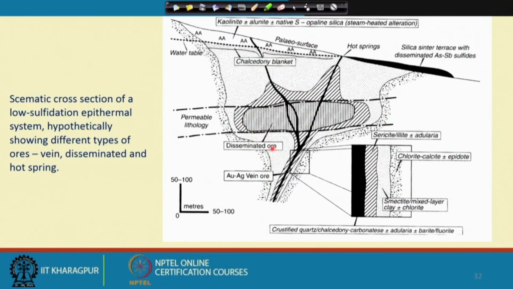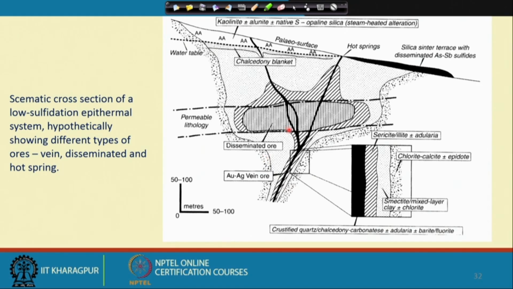Now we will discuss the low sulfidation ones. We finished our discussion on the high sulfidation ones. Let us now see, in a more simplistic and broad way, the characteristics of the low sulfidation deposits as against the high sulfidation ones. Here the pH of the fluid is overall higher than the fluid which is involved in the formation of the high sulfidation deposits, and